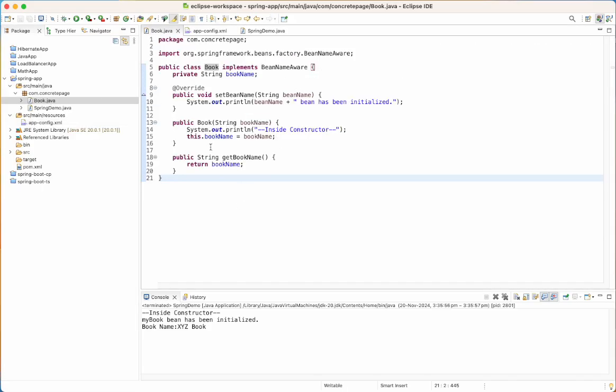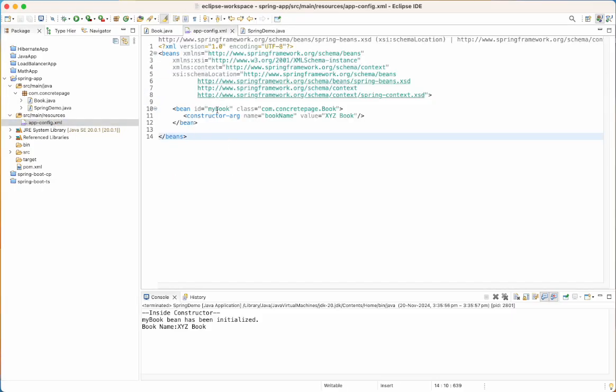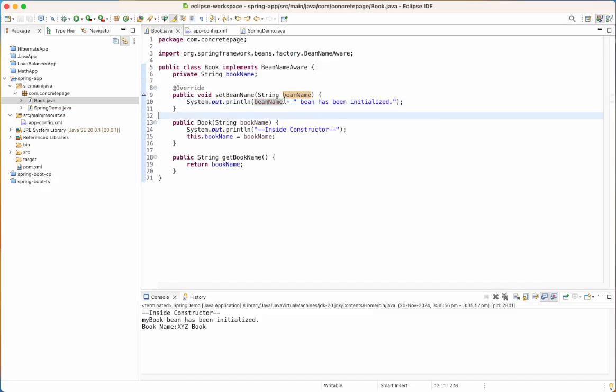Now in bean factory, if this bean is to be aware of its bean name, then this bean has to implement BeanNameAware and override setBeanName method. Here by this parameter we will get the bean name defined here. This is the bean name and we can get this bean name here